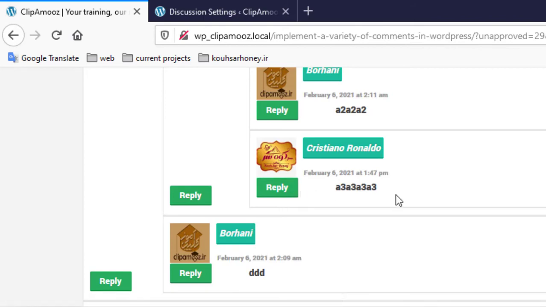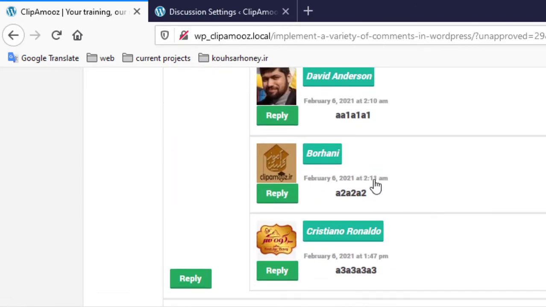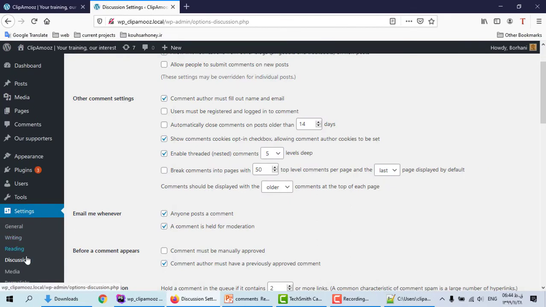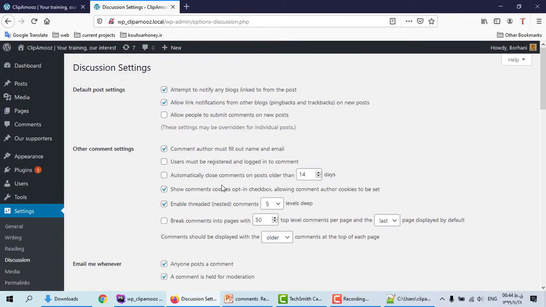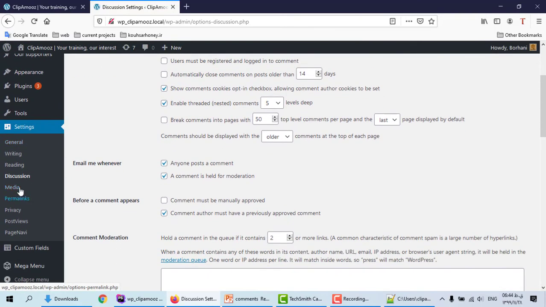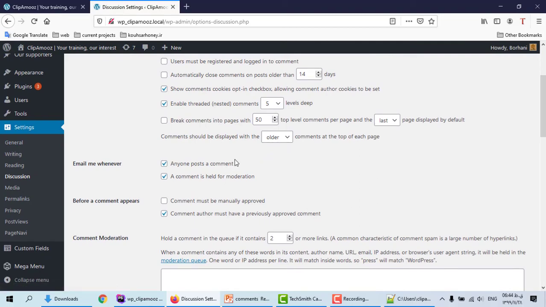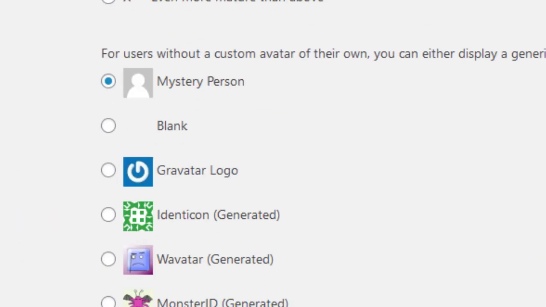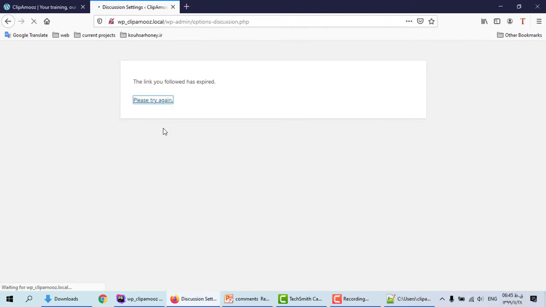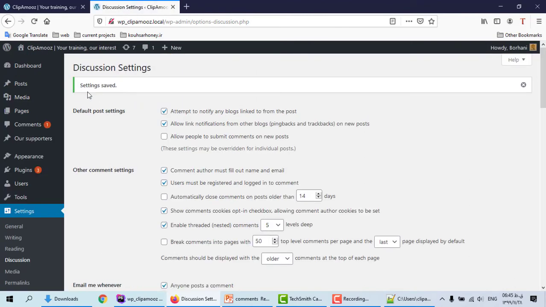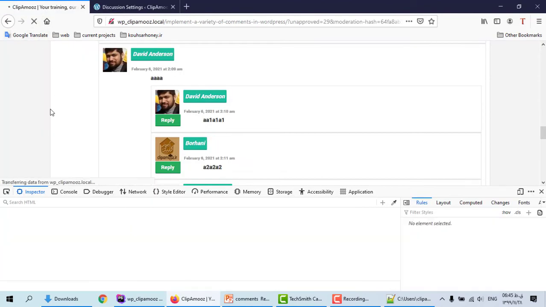Because of policy admin settings, for example, policy admin settings and discussion and comments, user must register and log in to comment. Check it, save changes. Let's try again. User must register, save changes, save it, refresh,